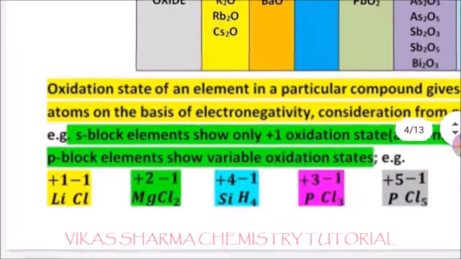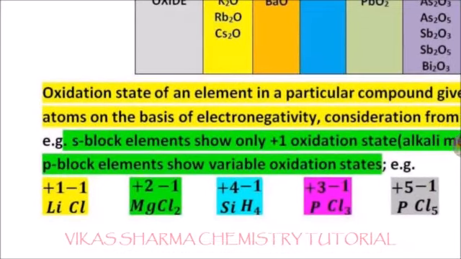For example, the alkali metal lithium forms a chloride, so LiCl is the formula. The charge on the atoms shows the oxidation state: lithium in this compound is +1 and chlorine shows -1. Magnesium is a member of the alkaline earth metals. It possesses a +2 charge in oxidation state and chlorine -1, and in a neutral compound the sum of the charges is zero, so -1 multiplied by 2 is -2, magnesium +2 and chloride -2, so -2 plus 2 is equal to 0.